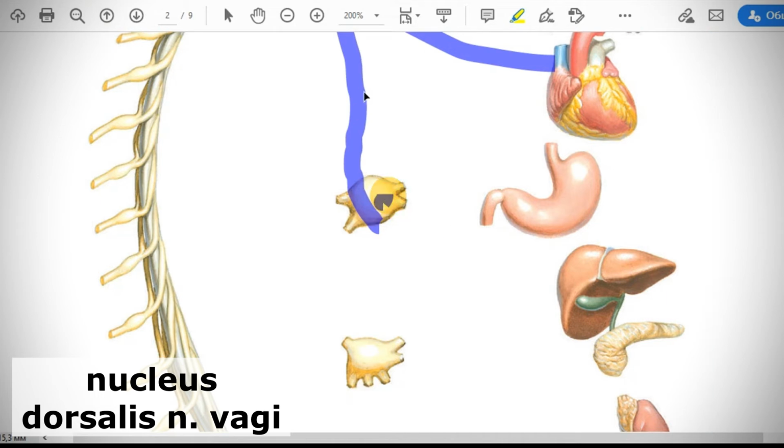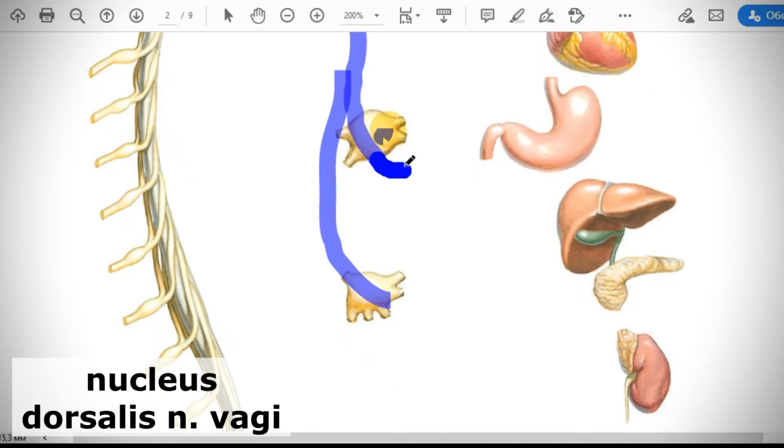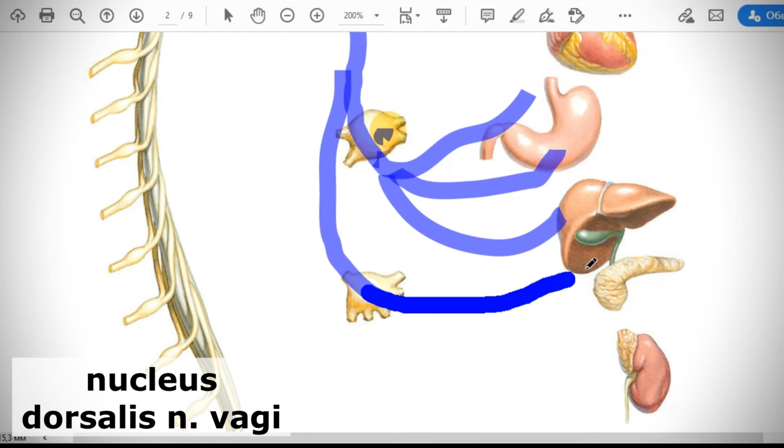These fibers of the vagus just walk through, just transit, and travel through this plexus celiacus and plexus hypogastricus superior, and with the fibers of these plexuses reach almost all internal organs of your abdominal cavity